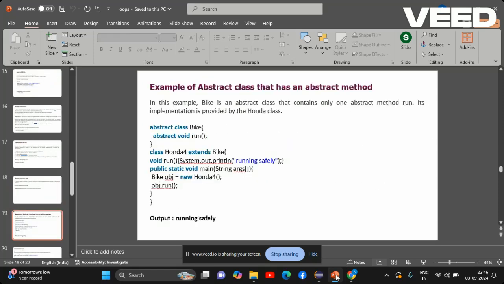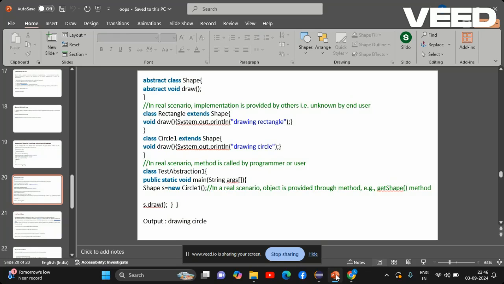So for creating an abstract class, we use one example here. We declare one abstract class with the class name, and inside that we declare one abstract method. The abstract method means that the method is not implemented inside the abstract class. It is only implemented in other classes which we create in the Java program. So to implement that particular function we declared as abstract inside the abstract class,